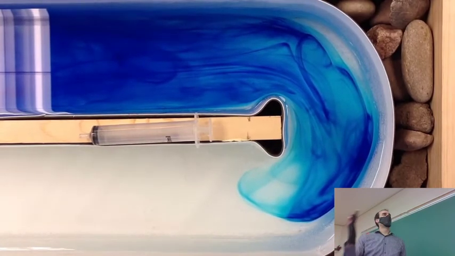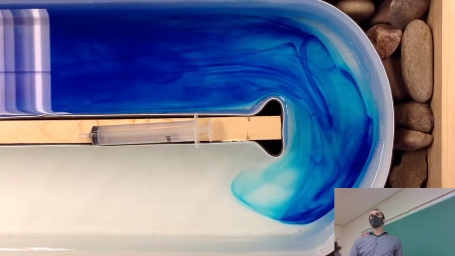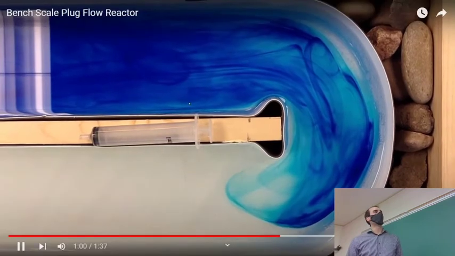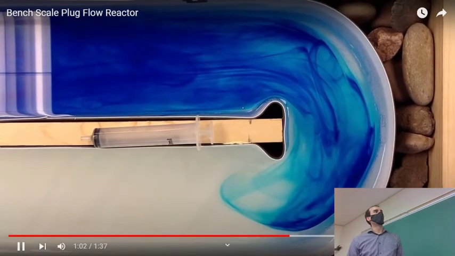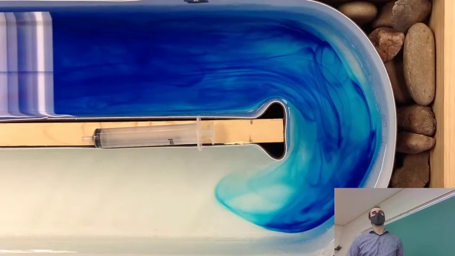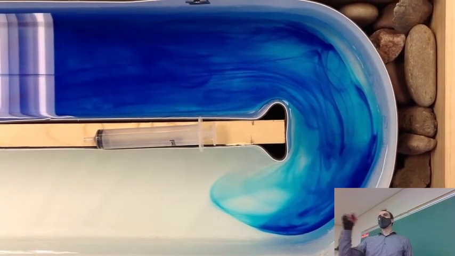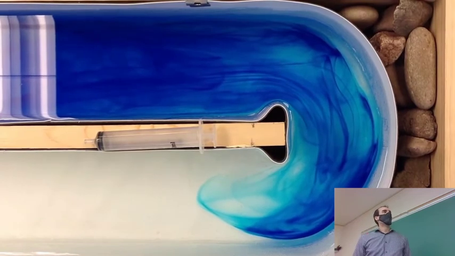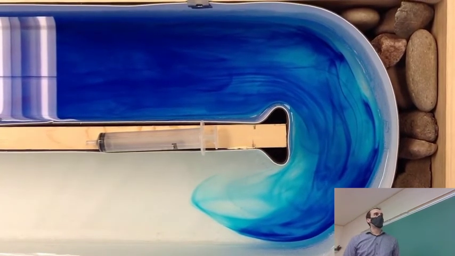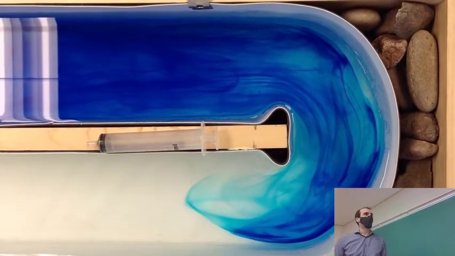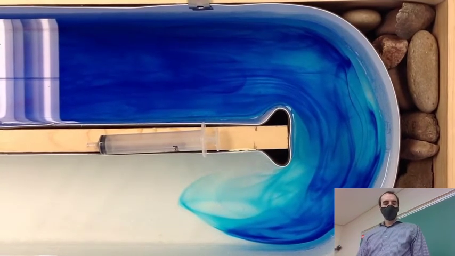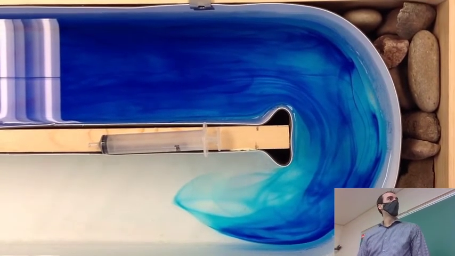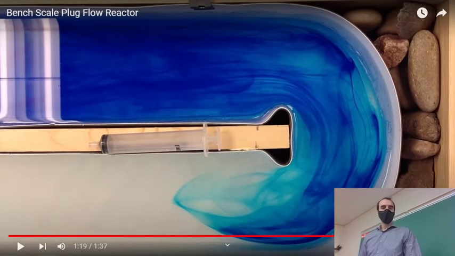What we're seeing is different occurrences happen. It took some time before dye reached here, and it would probably take a little while once we stop adding dye for that dye to clear that spot. It's kind of a low flow or a dead zone. So just wanted to show this. I'm going to show a couple more in a minute, partly to remind us what we're talking about when we're dealing with these